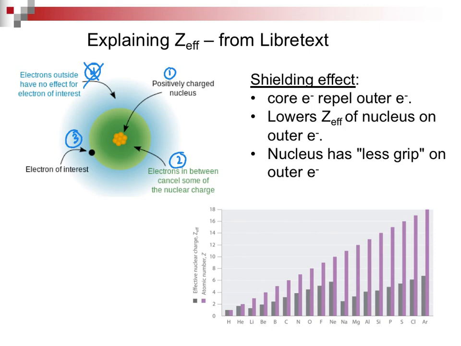So in terms of explaining this shielding effect, the core electron is going to repel that outer electron, and it's going to lower the effective nuclear charge of the nucleus on it, and the nucleus has less of a grip. Again, I got this from LibreText. You can Google it. It's a free resource. And once again, they show just what we have in our BLB. There is our increase with atomic number, how the effective nuclear charge increases, and then also as you go down a row, how things happen.